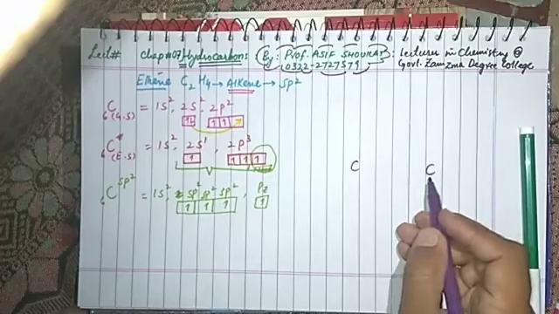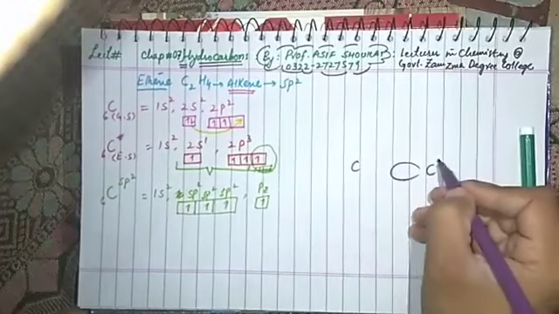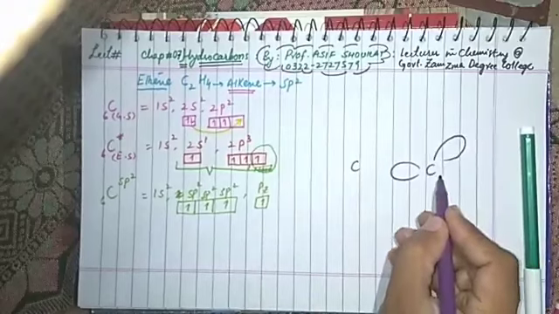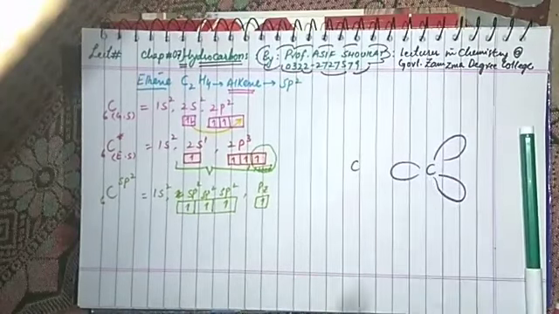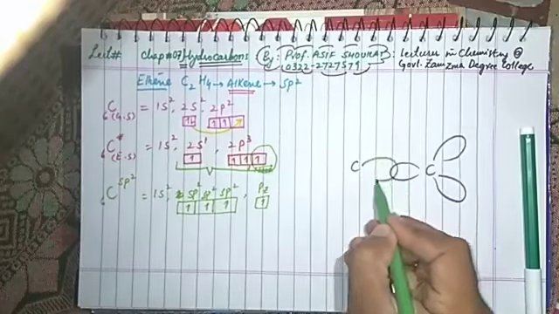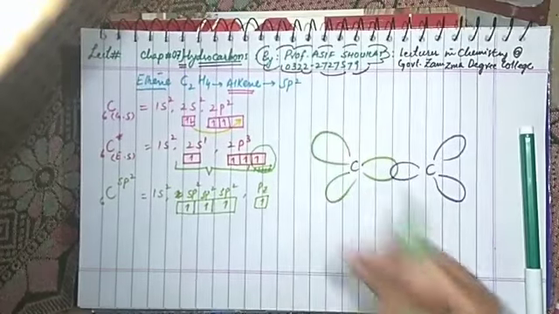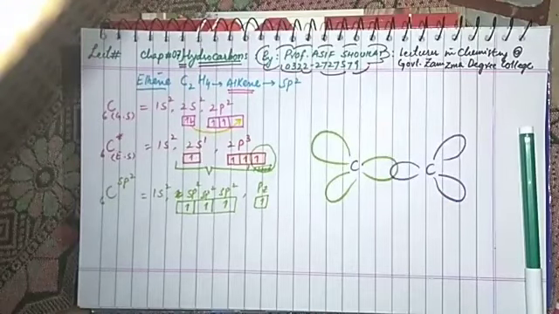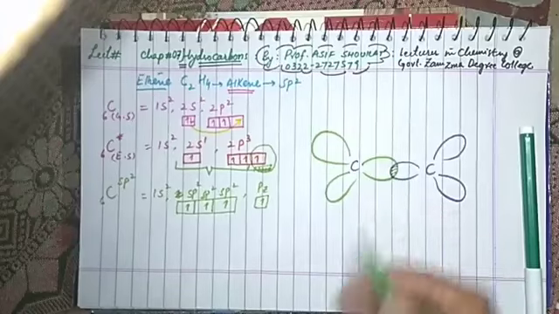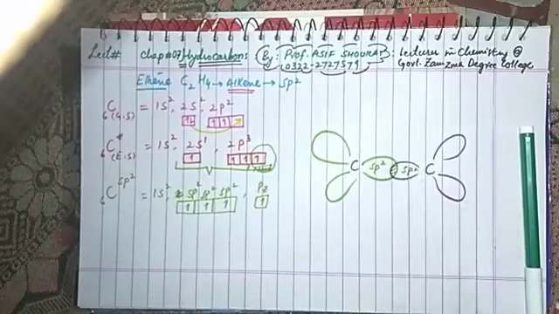Students, hybrid orbitals are always present on the plane. This one is the plane at which these 3 hybrid orbitals are there. There is one unhybrid orbital along with each carbon. I'll make it at last. I'm drawing now with a different color. These are the 3 hybrid orbitals of this carbon. Look at this area. This is head-on overlapping between sp2 and sp2. It is a sigma bond.